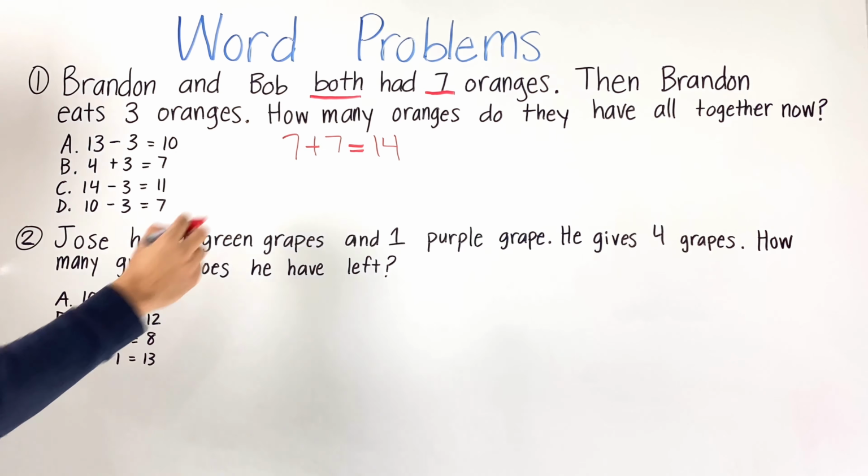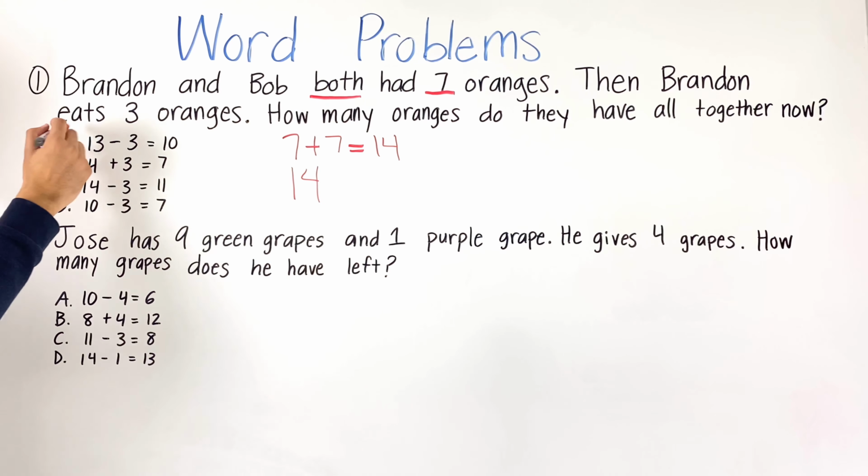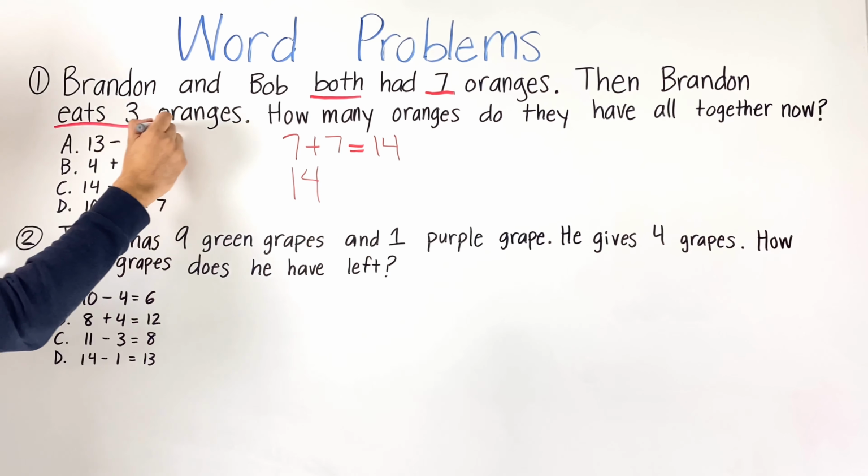So both of them together have 14 oranges. And then Brandon eats 3 oranges. So if he eats, are we going to add oranges or are we going to take away oranges, or subtract oranges? Hopefully you're thinking we're going to take away, right? Because we are taking away oranges since you're eating them. So now we have 14 minus 3, okay, equals